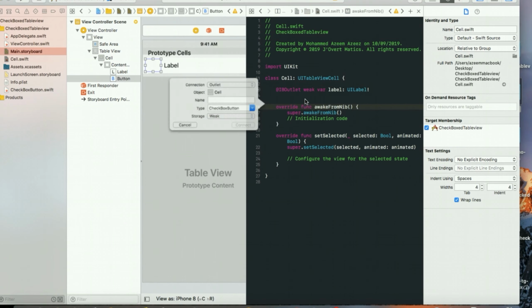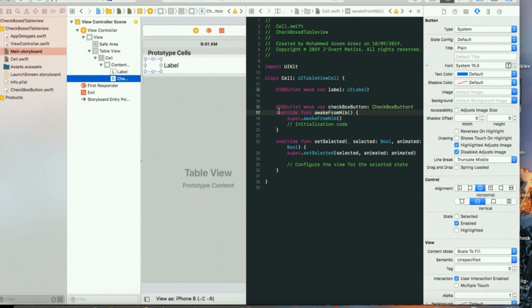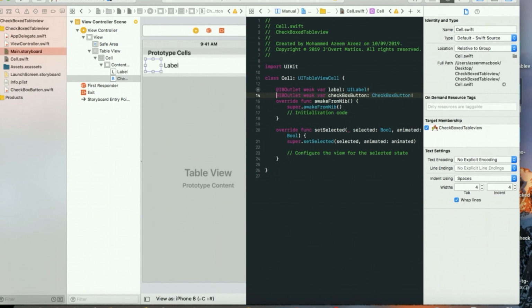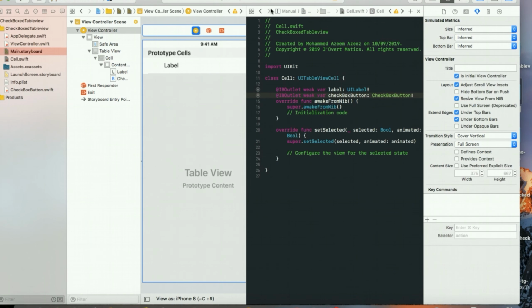So I'm going to click here and name it as checkbox button. So this is my checkbox button, which is of class checkbox button. So that's in our table view cell. Then we will go back to our view controller,